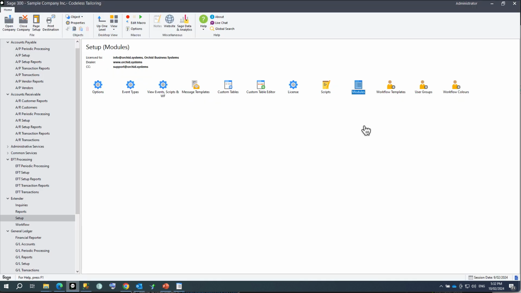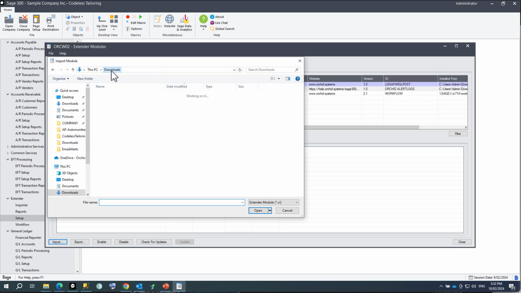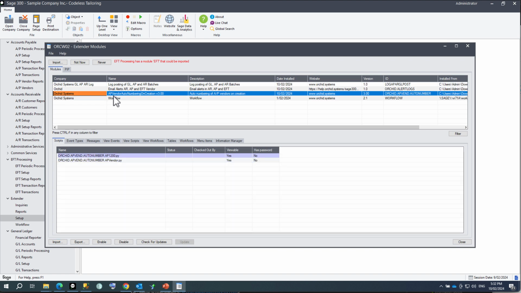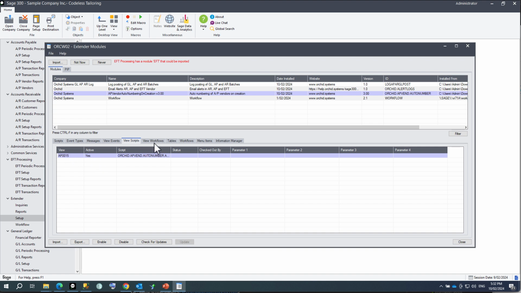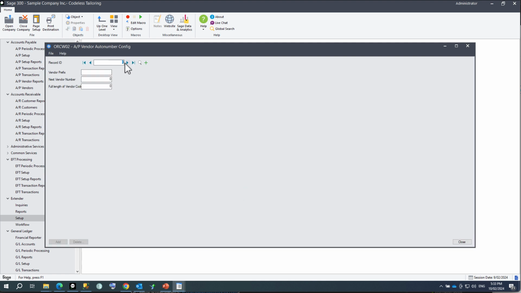So let's look at that in Sage 300. Let's go to the module screen and let's import our auto numbering for vendor, which has those 2 scripts. It's got a script attached to the AP vendor view, and it's got a custom table where I can create my configuration. So I'm creating a new record. I want the prefix to be ORC. The next vendor number is going to be 10, and the full length is going to be 9. If I add this,